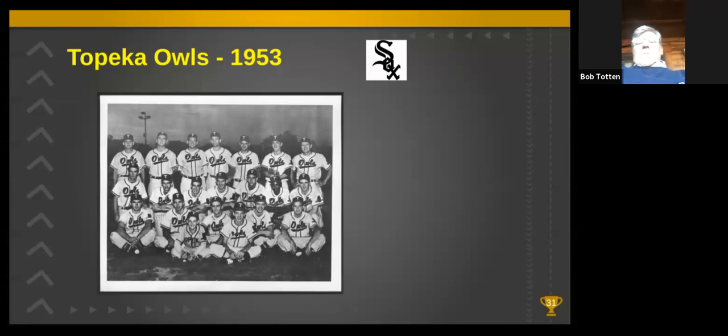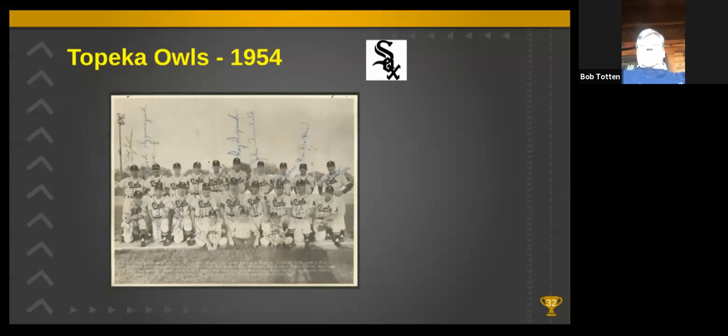In 1954, Ira Hutchinson was back as manager, and he was named Manager of the Year. Attendance fell again. It was down to under 60,000, about 800 per game. They finished first in the regular season but lost in the Western Association playoffs to the Blackwell, Oklahoma Broncos. I've poured over this photo. All of the players are from elsewhere, as best I can tell. I couldn't find any local players in there.